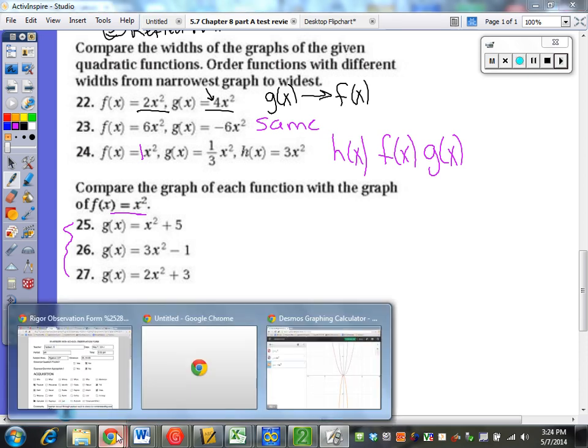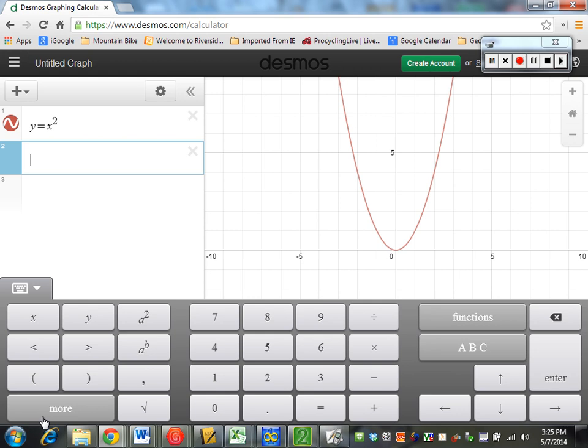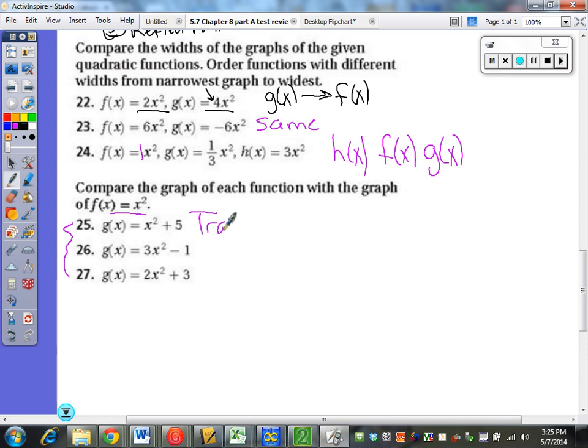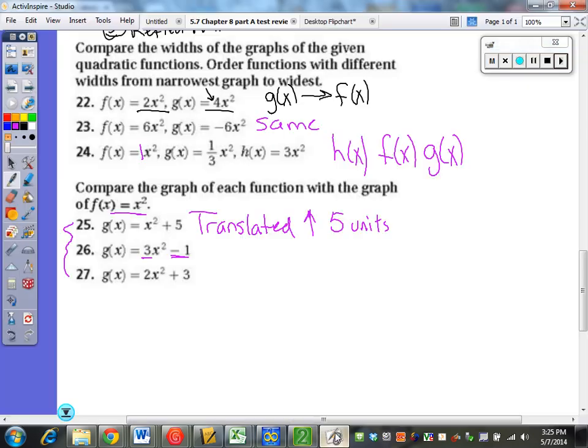So again, just looking at graphs for a second. Okay, if I have a parent function y equals x squared that I'm comparing this to, and I have y equals x squared plus 5, then again, the only thing we've done is we have translated it up 5 units. Okay? We have two transformations here, this 3 right here and this negative 1 right here. So from the parent function, that 3 says, okay, we have applied a vertical stretch by a factor of 3, and then we moved it down 1. So we have two transformations,